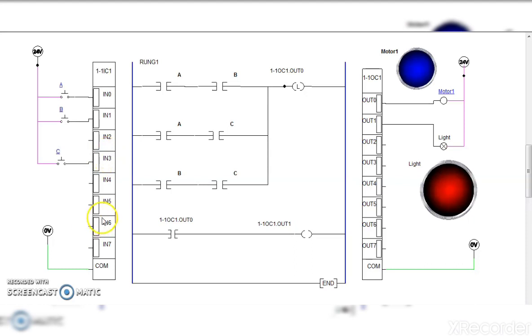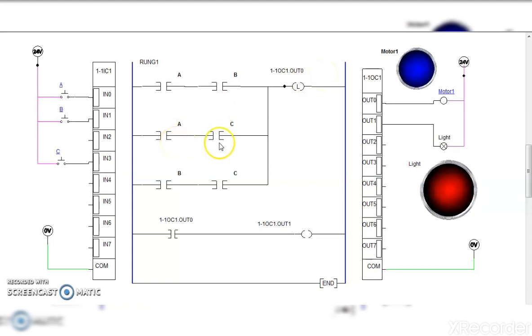Okay, and the same switches are shown as switch A, B, switch A, C and switch B, C, which are shown in series. That is nothing but an AND gate.